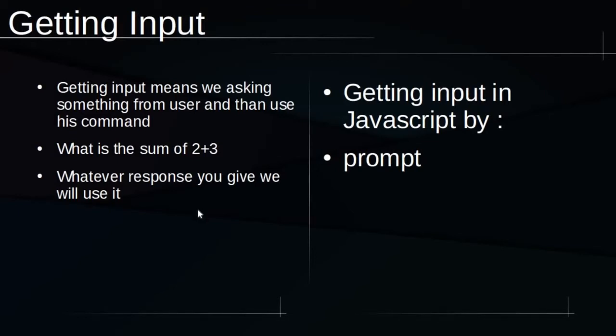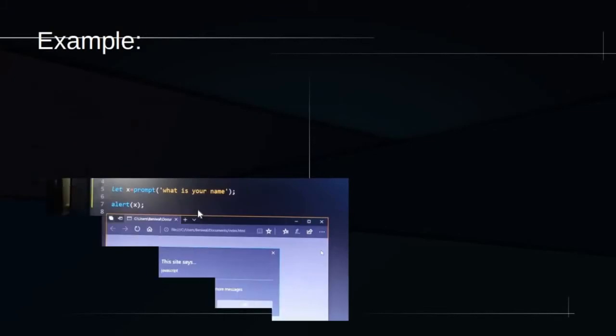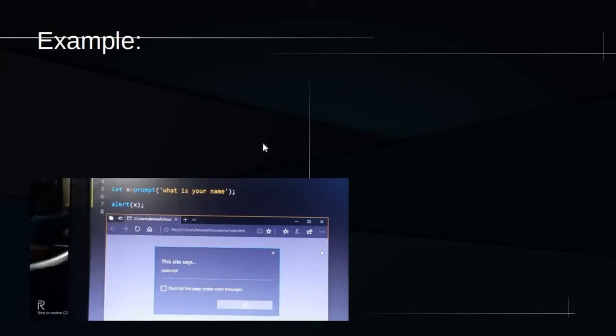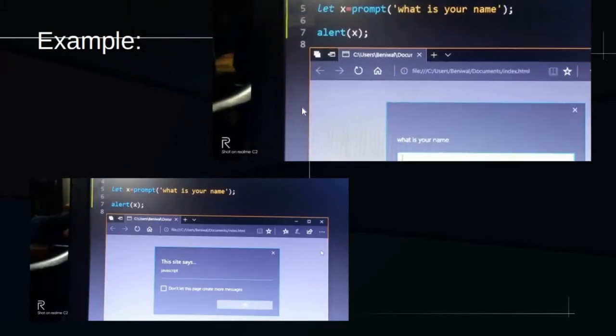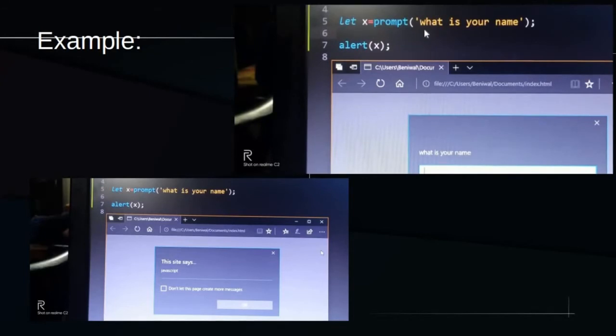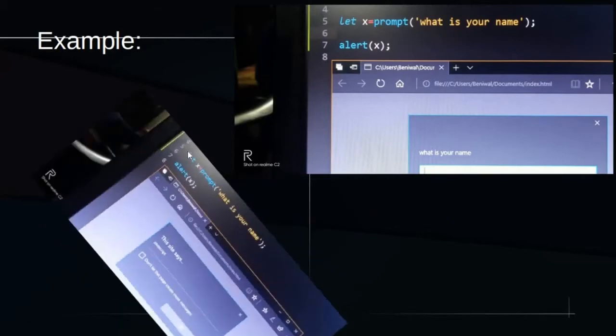So whatever response you give, we will use this. So this is getting input in JavaScript by using the prompt method. This is an example which you can see in this presentation. If we have let x is equal to prompt, what is your name, and then we do alert, it creates a dialog like what is your name, and we type our name in this, and you can see this in JavaScript.